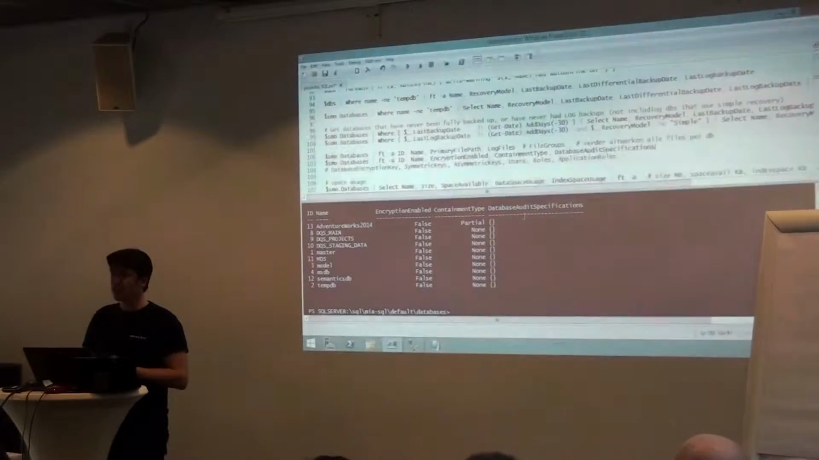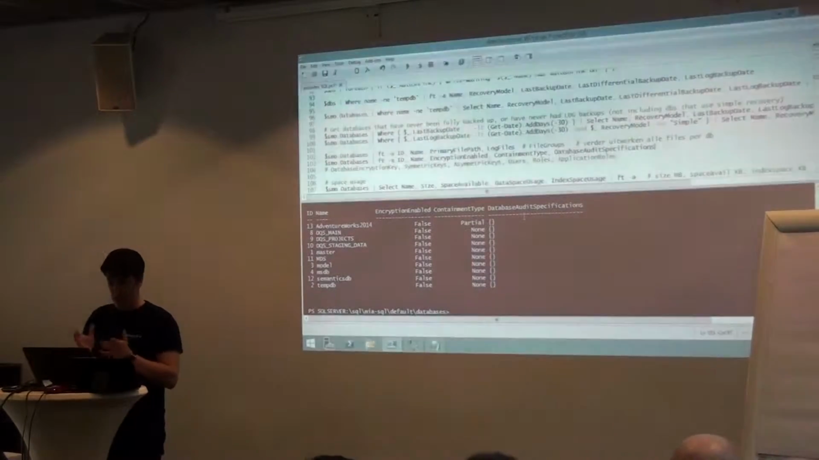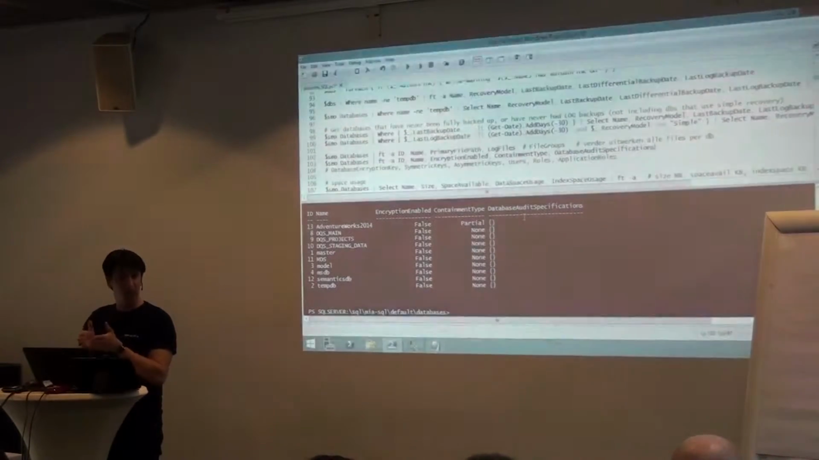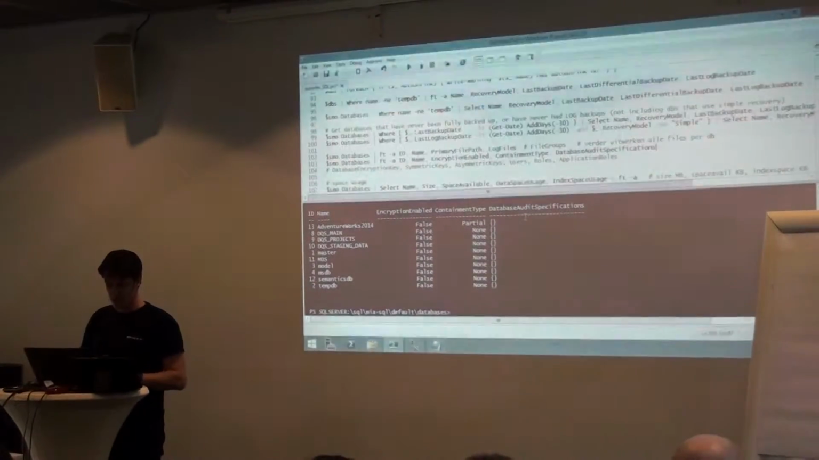No database audit specifications. Very exciting in database auditing. I can audit for select statements, whether people read my data, but this is an enterprise-only feature. You will need the enterprise edition of SQL Server. Okay, exciting stuff about